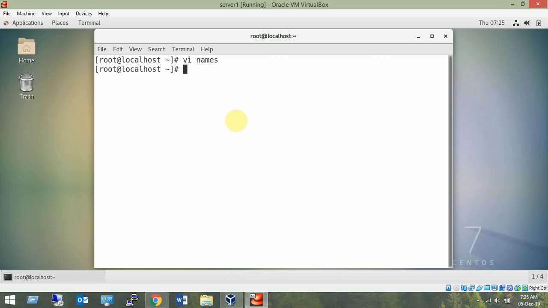When I typed vi followed by names, a new child shell was created, and when I saved and quit from names, the child shell was terminated and I was back to my parent shell. That is the concept of the normal fork call.